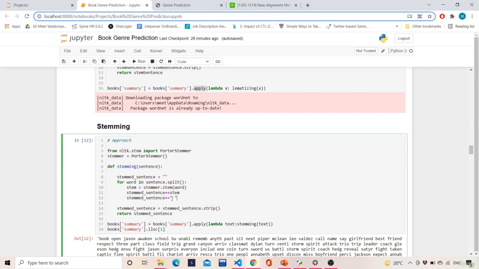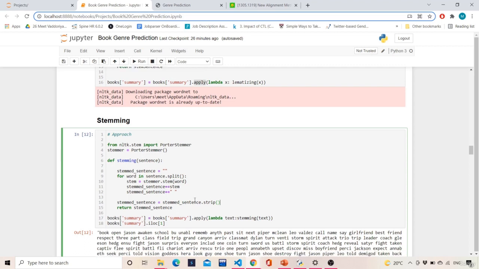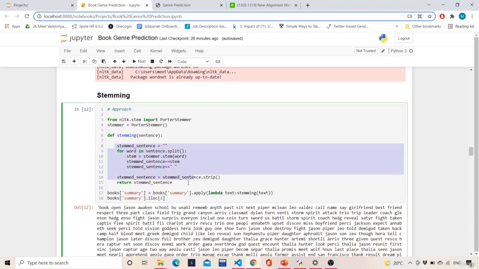So stemmed sentence plus equals space, right? After all this, we need to strip it if there are any white spaces left. Once all this is done, we will return the stemmed sentence. So this function will perform the stemming pre-processing, and then it will return the stemmed sentence.